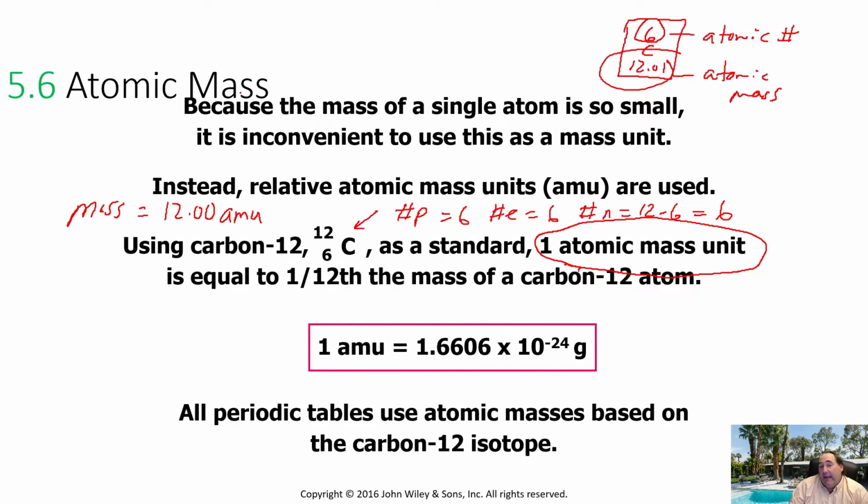So what they did, for example, is they looked at hydrogen and said hydrogen is only about 1.11% as massive as the carbon-12 isotope. And they did a little math where they're like, okay, 1.11% converted to decimal times 12, and you get something like 1.008. They did similar sorts of calculations for everything on the periodic table.